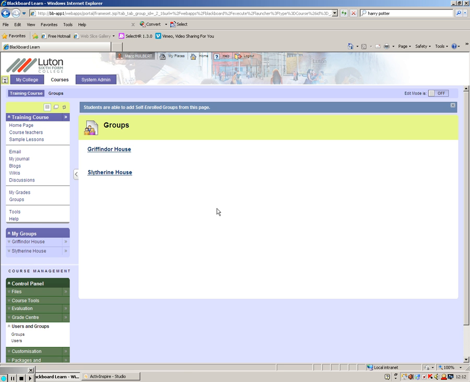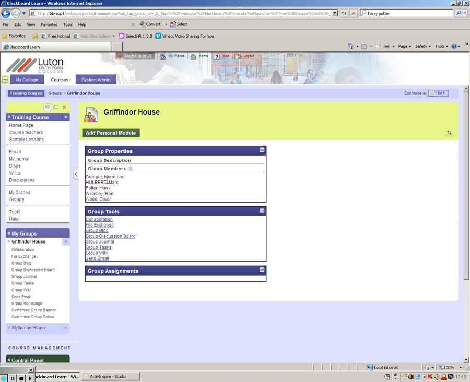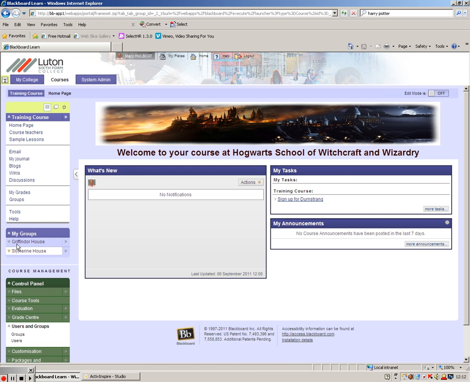Then again, if we go into that, we can see the students who are in that group, and again the tools that are available to those students. And also here, look, under my groups, you've got the Gryffindor house now and the Slytherin house. So that's the first part of setting up the group. The second part